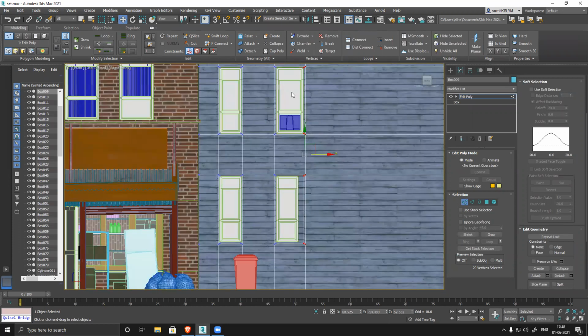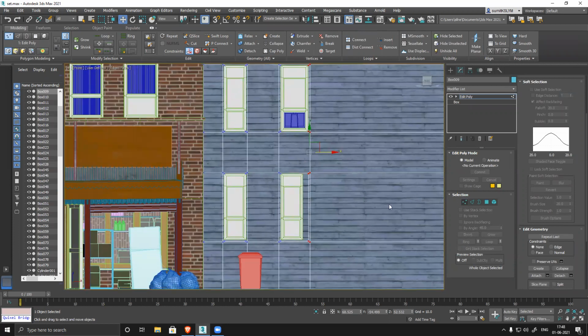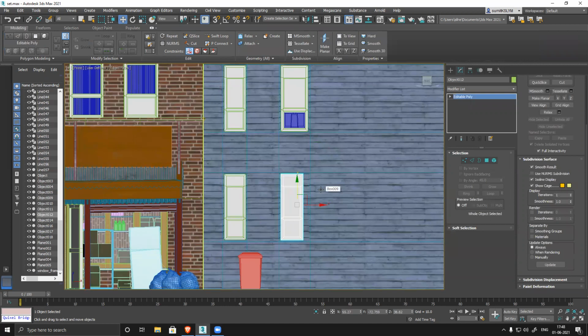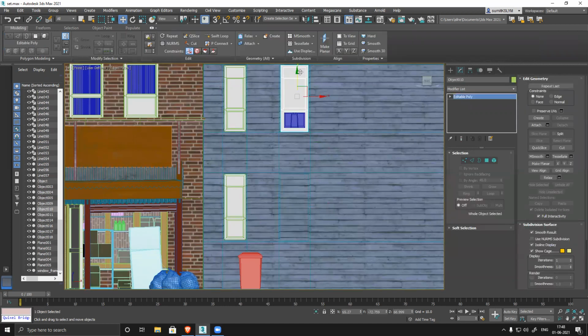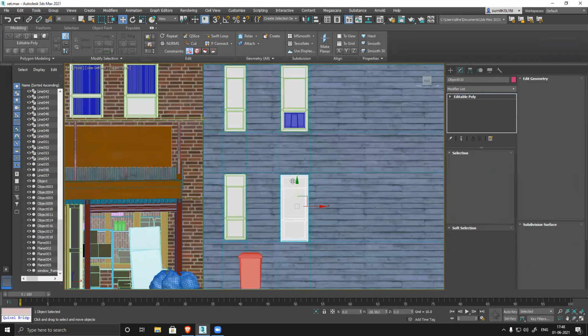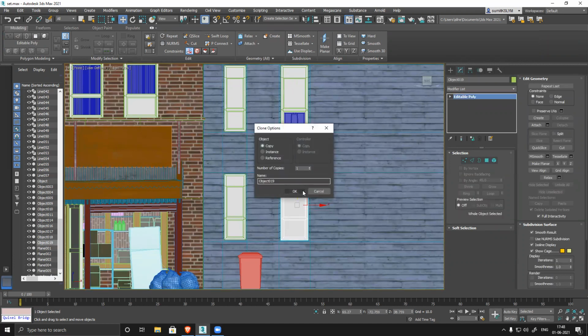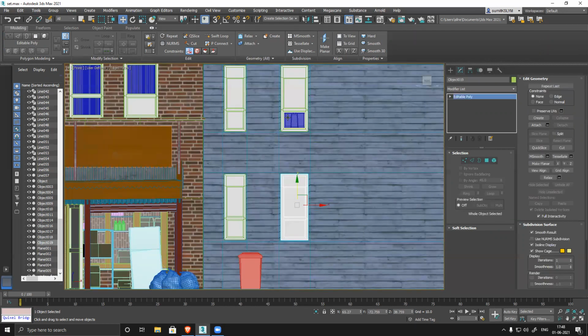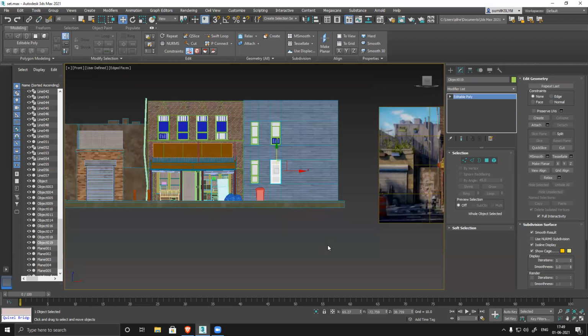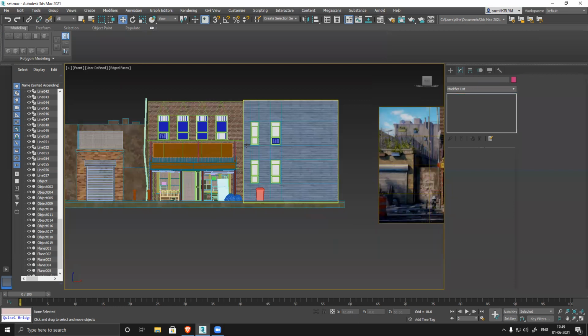Placed it. So this is fine. So what I have to do is delete this one, replace this window. Similarly, I can replace this also here, this also here. I can replace it and make all the things look exactly the same and similar.